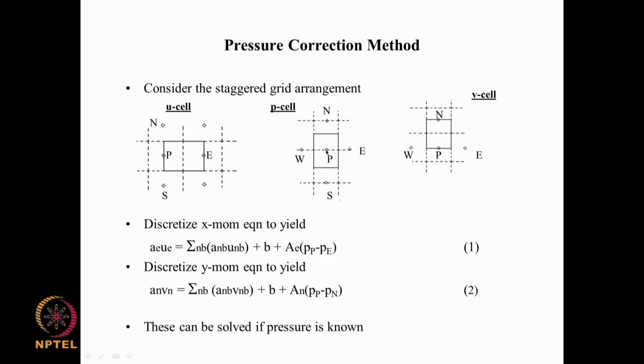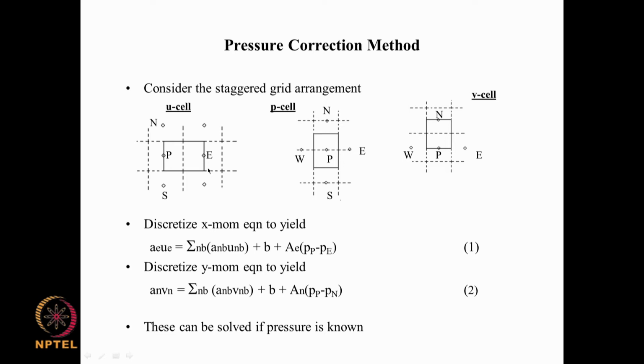So, if this is I comma j, this is I plus half j and this is I minus half j. Similarly, the north face point is I j plus half and this is I j minus half. So, this is our control volume. When we are looking at solving the x momentum equation for U, we make a control volume which is centered around the east face of the P cell, and the east face has the two immediate neighbors capital P and capital E, and that is what we have here.